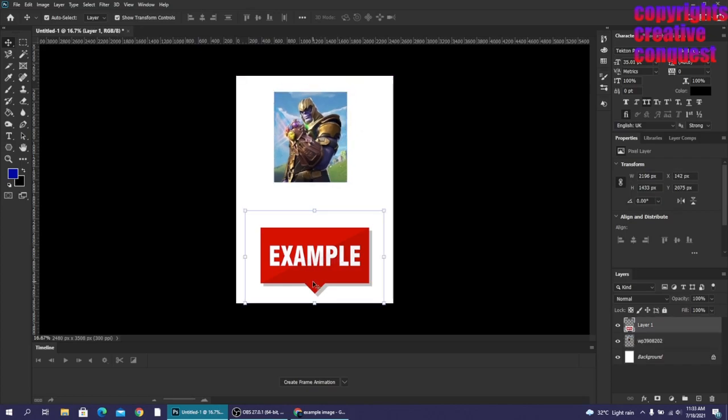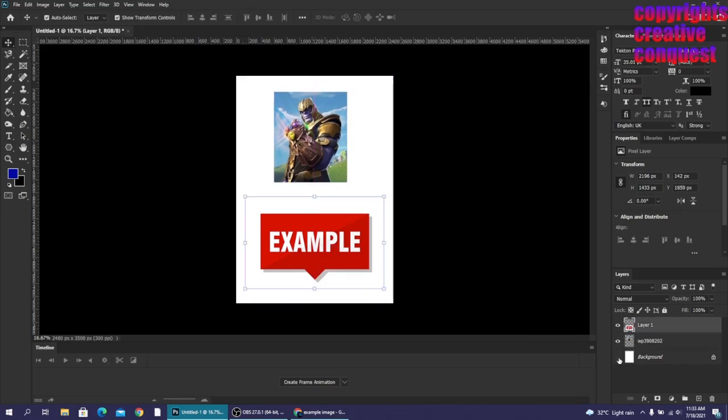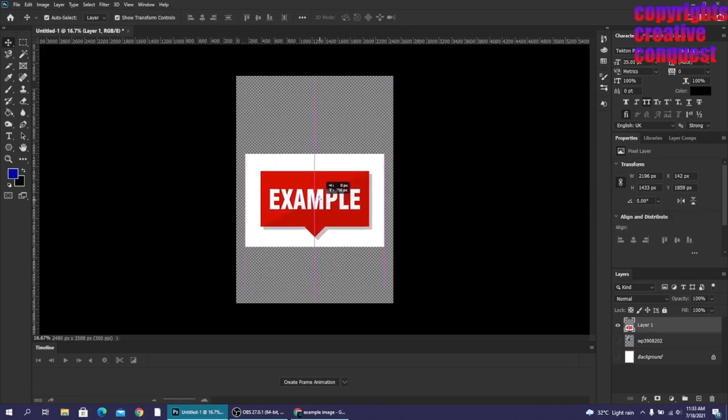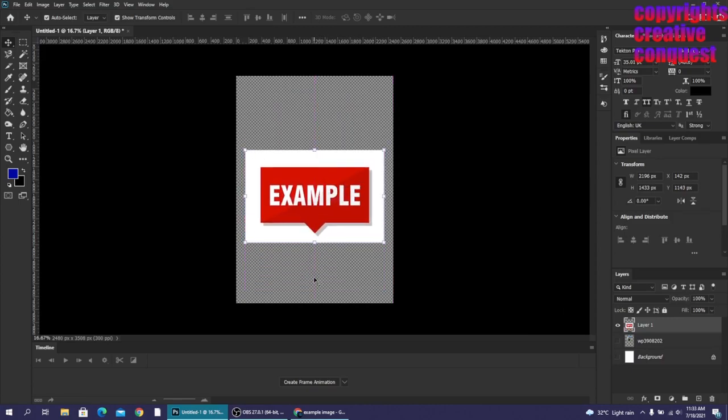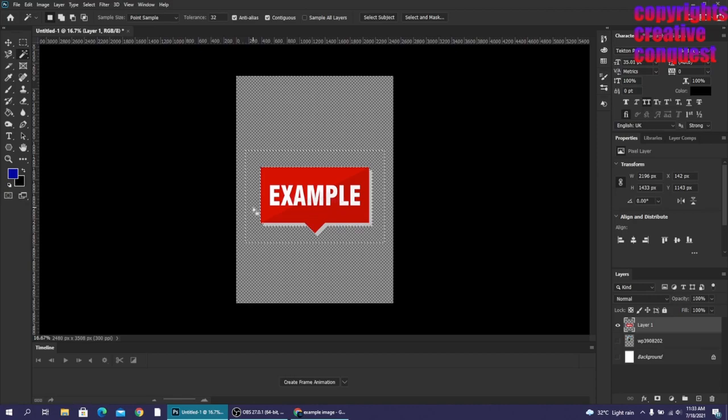And if you want to remove the background of an image, like you see this has a white background, how can you remove it? Here is the magic wand tool. Just select the image, click the unwanted area and press the delete key on your keyboard, and remember, press Ctrl D after your selection has been done.